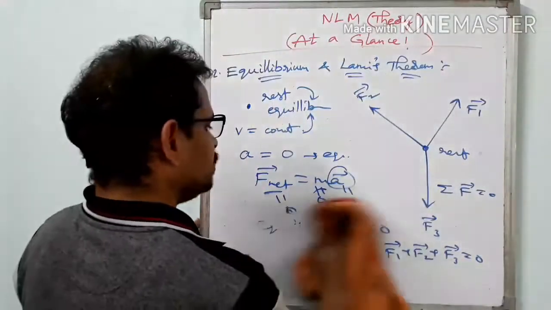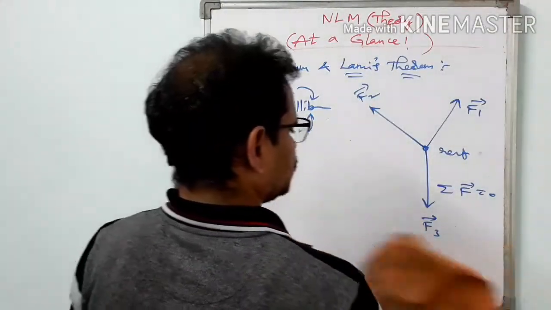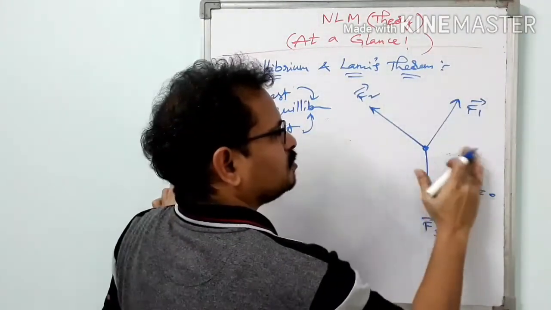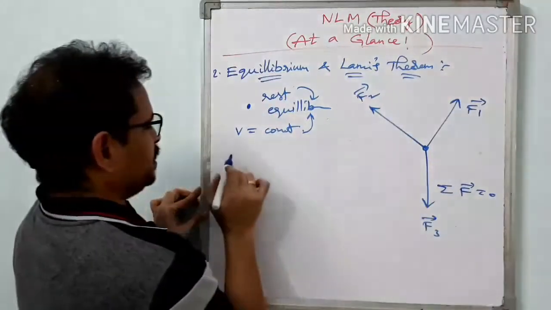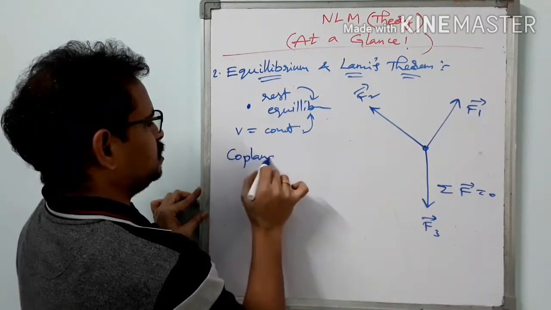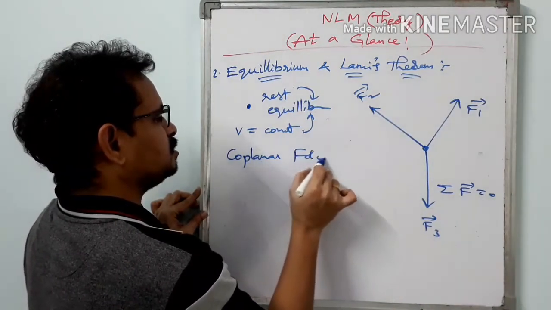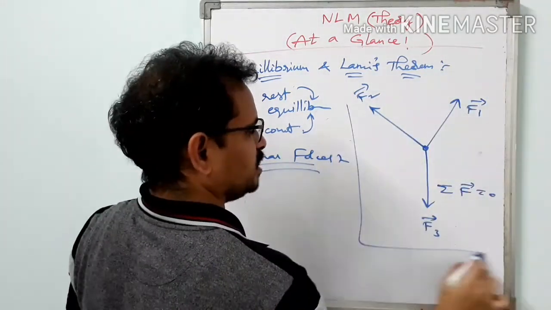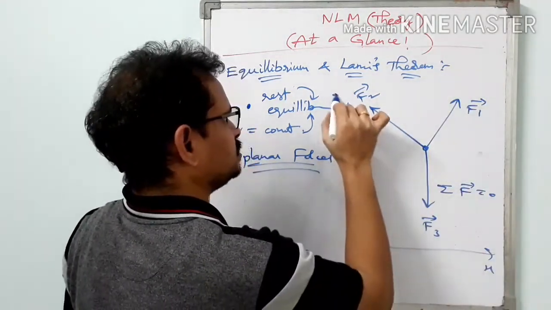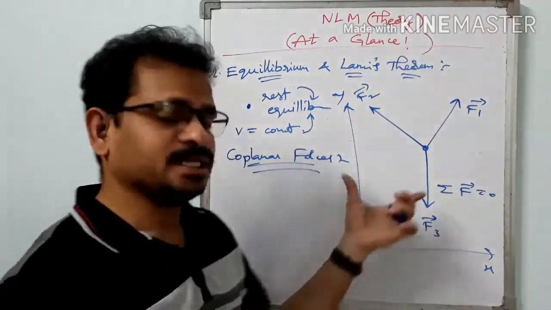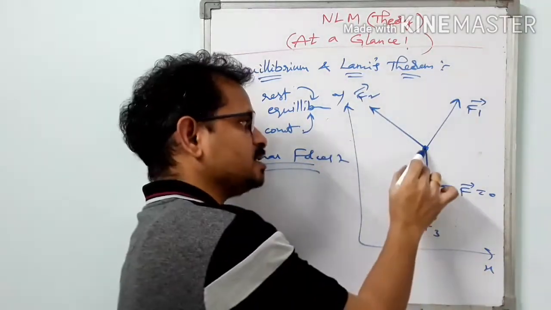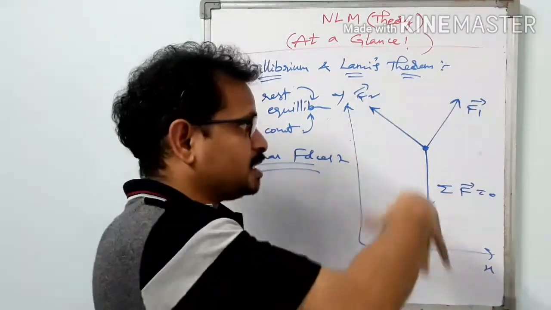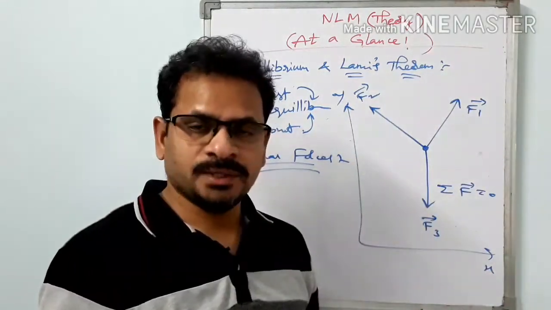So how to find the unknown forces here? What we do is we resolve all the forces. Suppose we consider coplanar forces, that is, this is the x-axis and this is the y-axis. For the sake of simplicity, we are considering only coplanar forces. If this particle is there, suppose a number of forces are acting like this. If two forces are given to us and one is an unknown force, then how to solve?